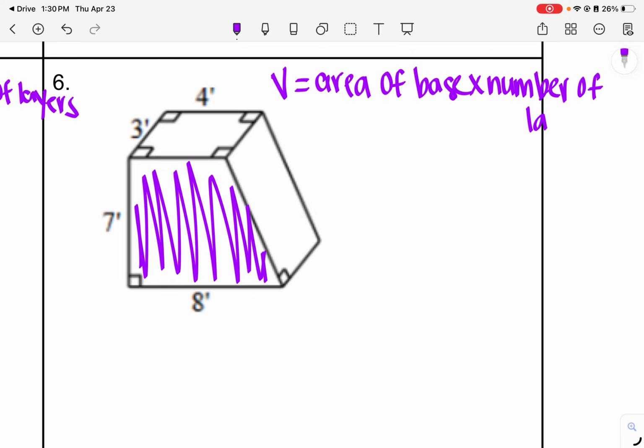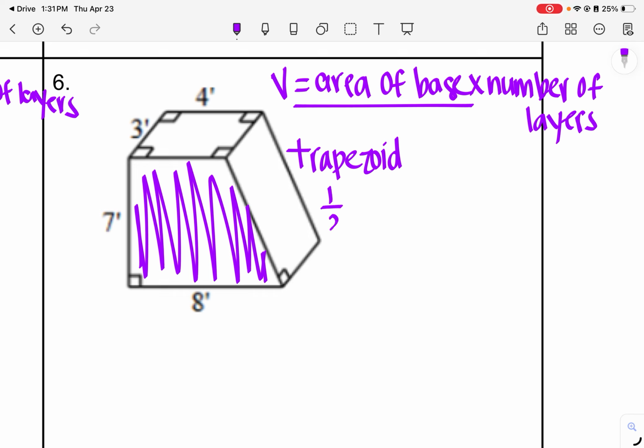And you don't have to write this every time, but if we continue to talk about it, it'll help us remember it. And our base here is a trapezoid. So that might be something you have to look up the formula for on your orange toolkit. But I like to remember it again as like a triangle, but you have multiple bases. So 1/2 (base 1 plus base 2) times height, because it's 1/2 base times height, but you have 2 bases in a